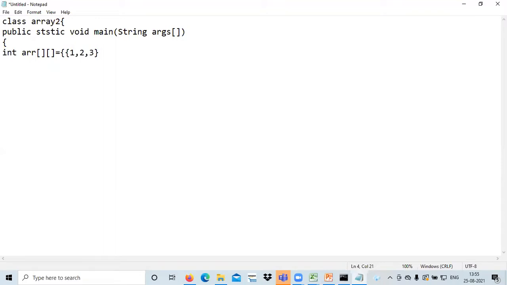So this is my first row. Second is 2, 4, 5. After that, the third row I will mention like this: 4, 5, 5. Now I have declared and initialized all those elements in a two-dimensional array. So this is my first row, second row, and the third row that I am having. Finally I will close this part, and now I need to print that